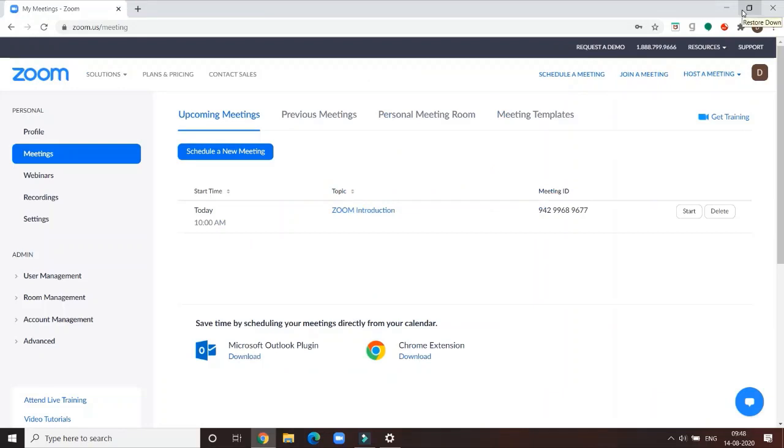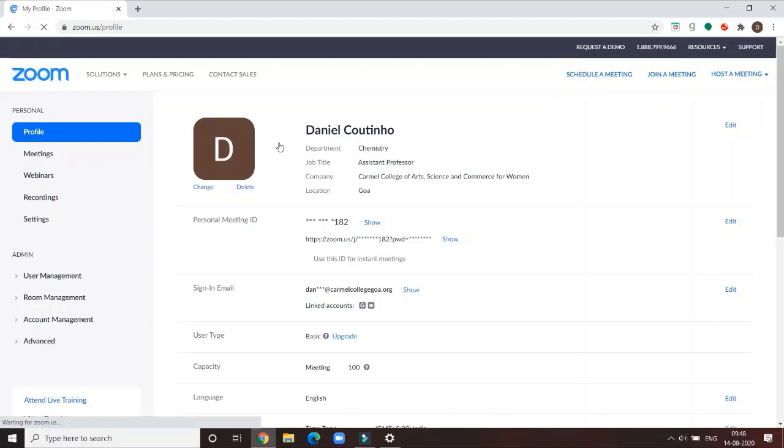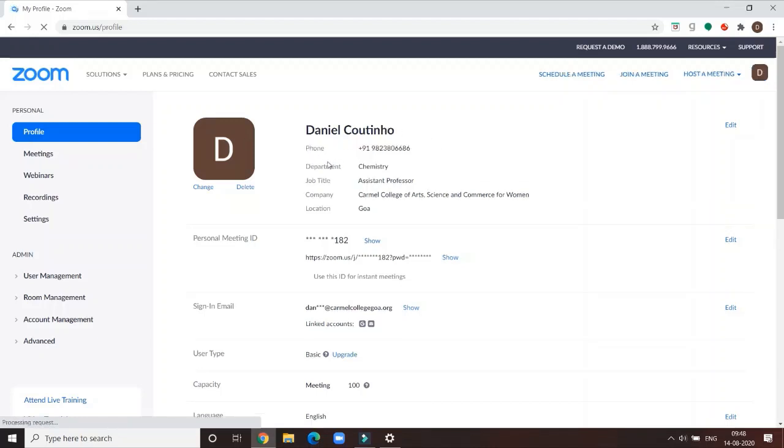Once you've completed your procedure of signing into your Zoom account, this is your Zoom homepage that will open. This is your personal Zoom homepage which will contain all your personal information. If you see to the right hand side, there are different icons here. First you have profile. Let's see what this is. This will contain all your information, what you've entered during your registration. These are what I've entered: my department, job title, affiliation to the college, all this will be here.